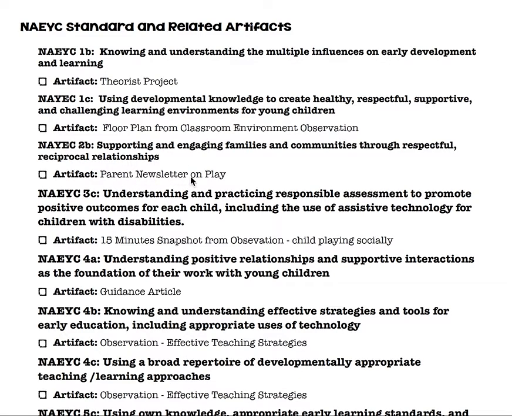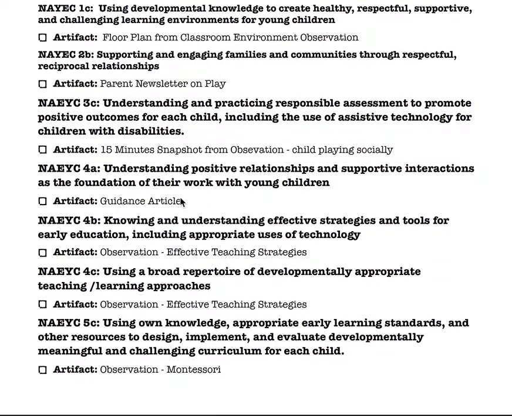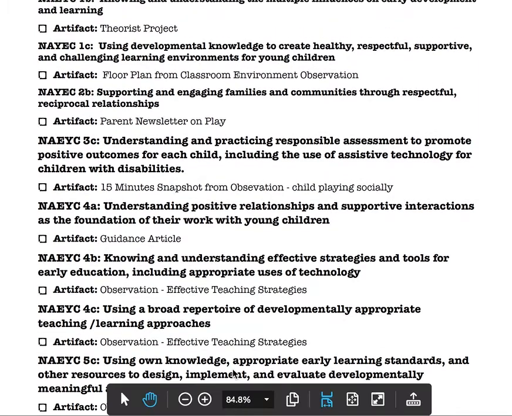You'll have your parent newsletter, one of your 15-minute snapshots, a guidance article, an observation on effective teaching strategies, and your observation comparing the program that you saw to the Montessori method. So over the course of our semester, you are going to be compiling all of these